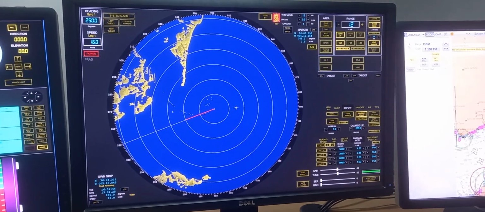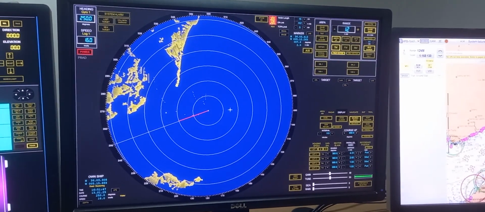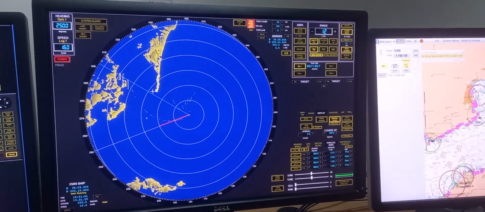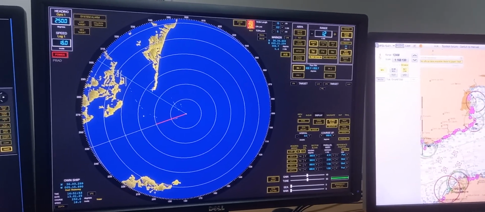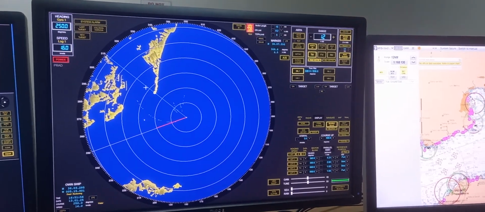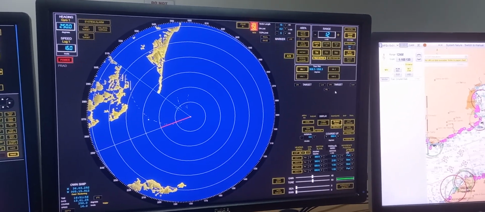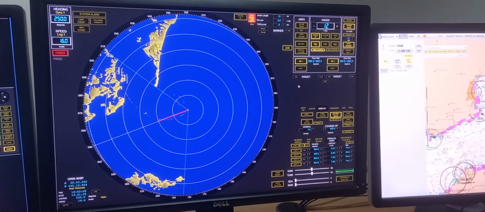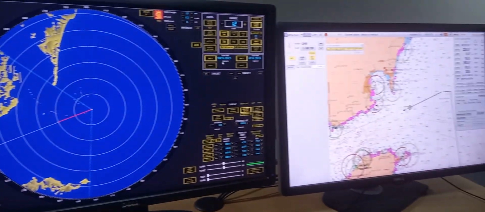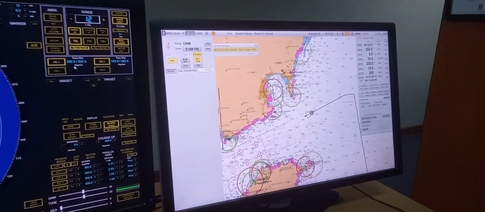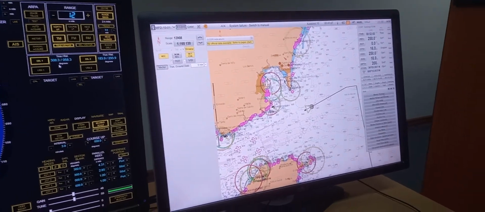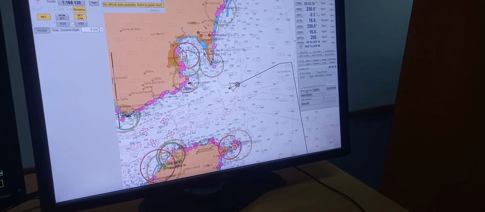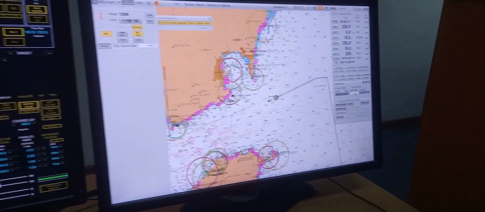So to get the position using the EBL, first you need to make an EBL, then get a reference point. Then you need to remember what reference point you took. Then another EBL. So we have 308 and 186. So you need to go to the chart, go to tools, position line, then press new bearing, then type the